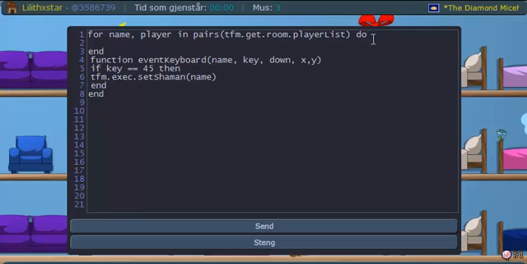So what we want is the same as last time. tfm.exec.bind keyboard should be good, yeah. And then what we're now doing, instead of saying my name, now we're going to refer to this thing here, name. So that is for every time we loop through, the player is stored inside name. So name is the target that we want to bind the keyboard of, and the key code we're still going